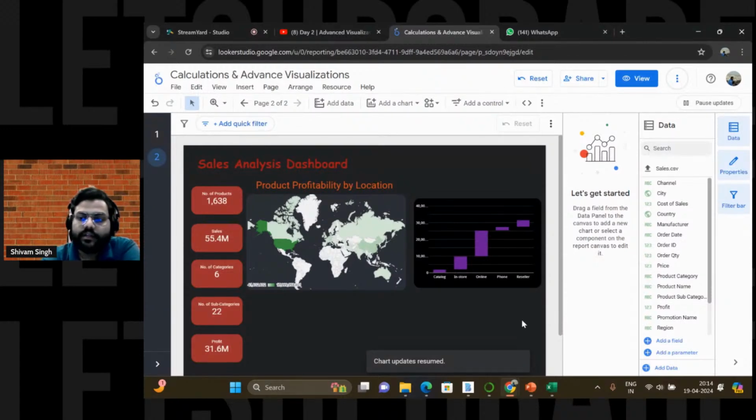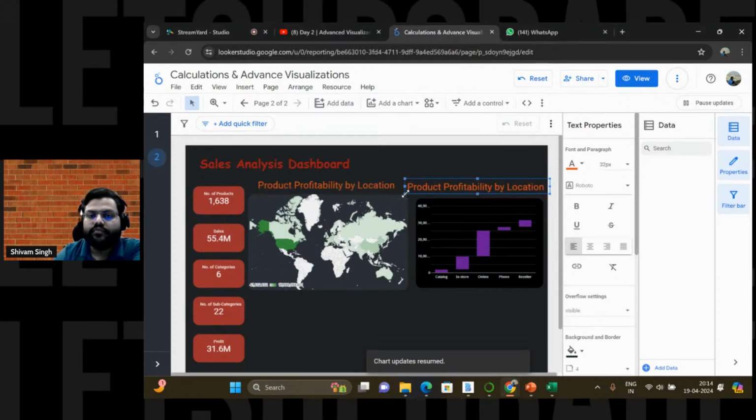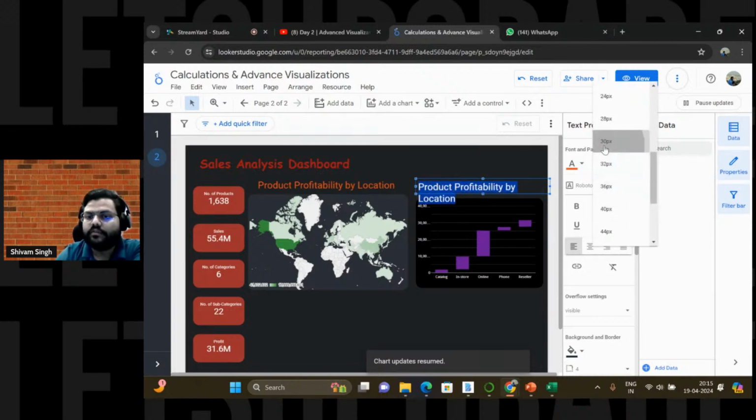Okay, similarly guys, there are more visualization stuff which we can try to add, through which we can make our analysis more informative and more insightful. Okay, again, just like you have added this text box over here, you can try to add a text box over here as well. And this time you can try to change this particular name. Product profitable by location. Last time this is the header you have given. Now this time you can give a different header, but before that we can try to decrease the size,